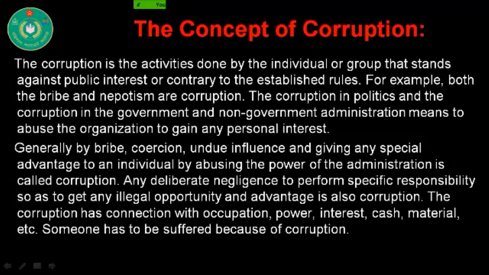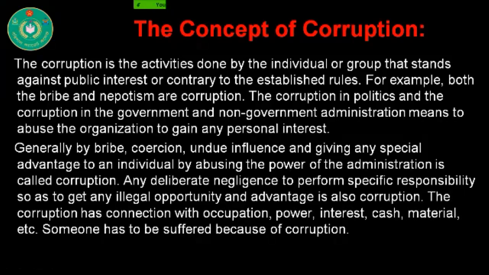Cadets, I am discussing the concept of corruption. Corruption is the activities done by an individual or group that stand against public interest or contrary to the established rules. For example, both bribe and nepotism are corruption. Corruption in politics and corruption in the government and non-government administration means to abuse the organization to gain any personal interest. Generally, by bribe,